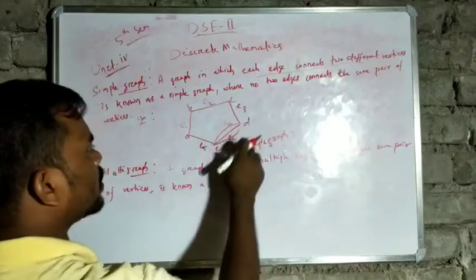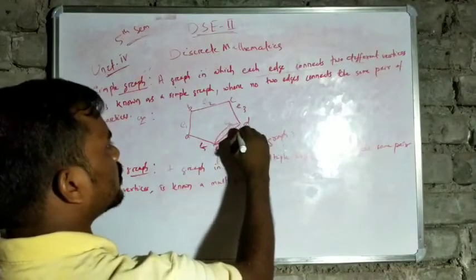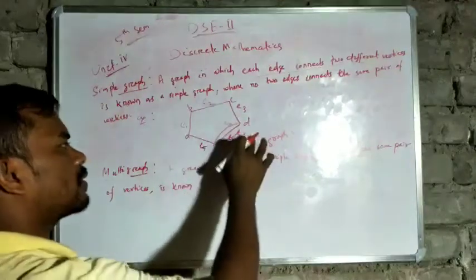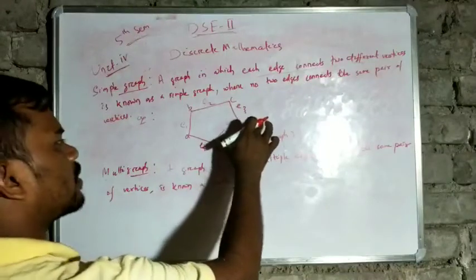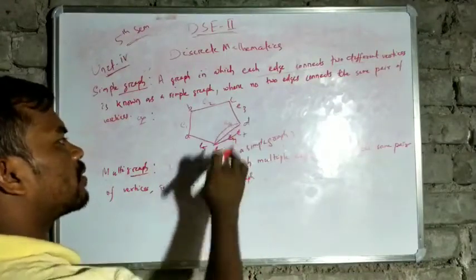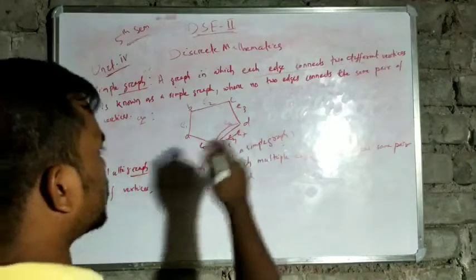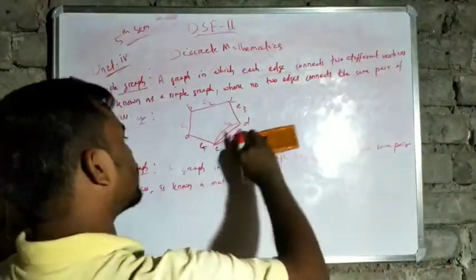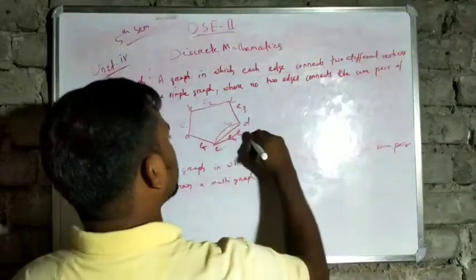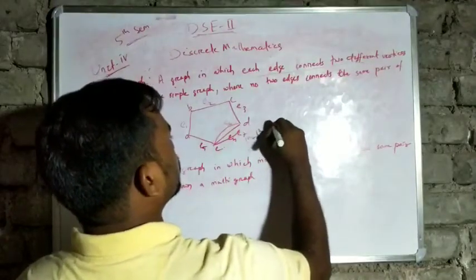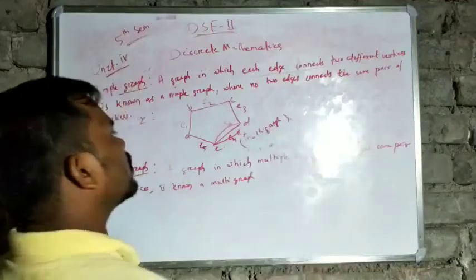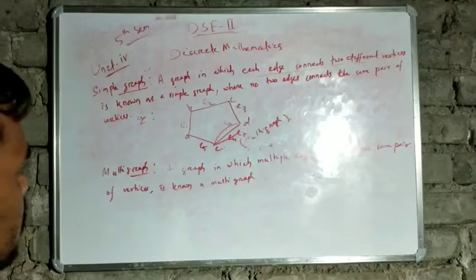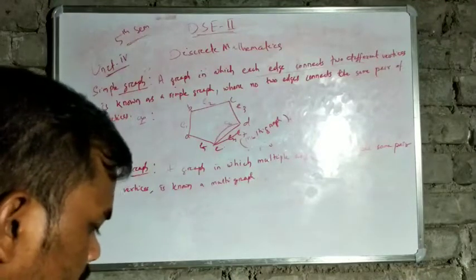Similarly, if we add another edge, suppose this is E7. Now E4, E6, E7, all three edges connect the same pair of vertices, here D, E. So this is an example of a multigraph. That means this is not a simple graph. Okay. So now you understood what is a multigraph. Then we will see